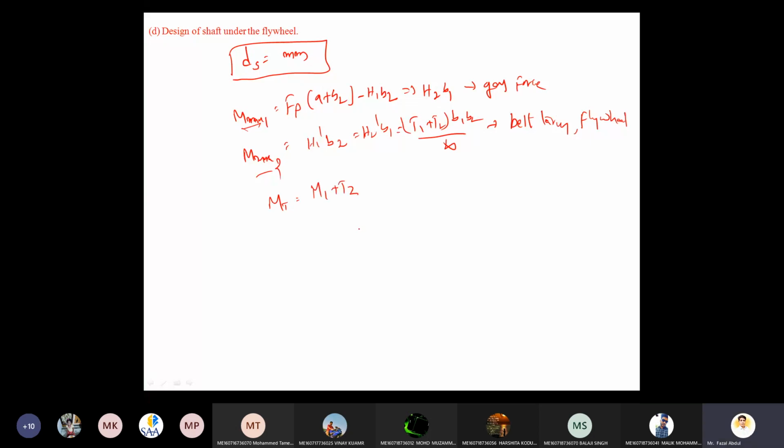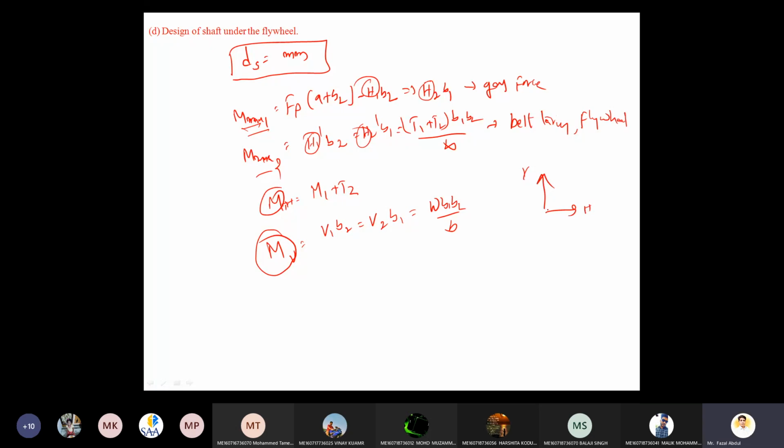And the vertical moments. These are all the horizontal moments, based on the horizontal force we are applying here. Now based on the vertical moments, only one is there: V1 into B2, otherwise V2 into B1, otherwise W into B1 plus B1 B2 by B. So here, the total bending moment due to the horizontal, and the total bending moment due to the vertical. One is horizontal, one is vertical.